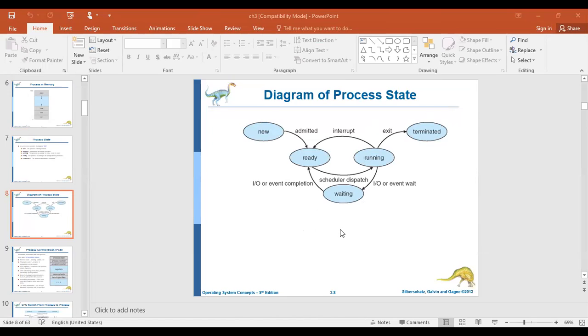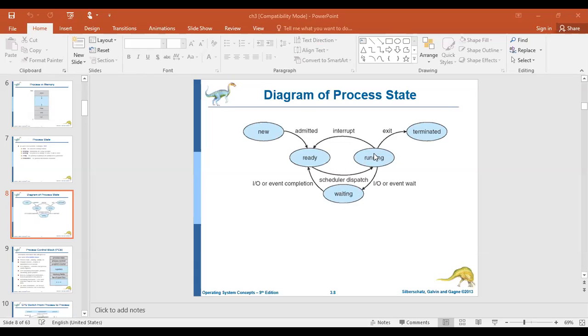For this, it will maintain certain queues. Probably the IO devices are currently busy with some other tasks. Once again, I'll repeat: your process is in a running state and requires the services of an IO device.